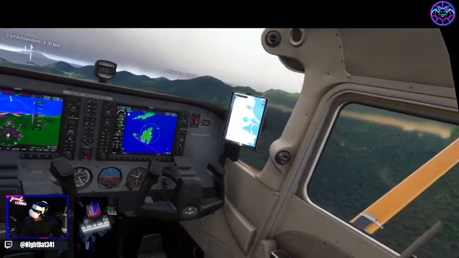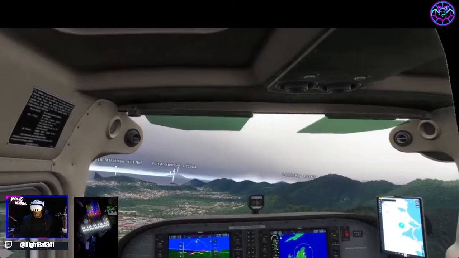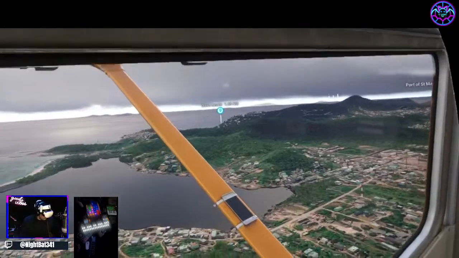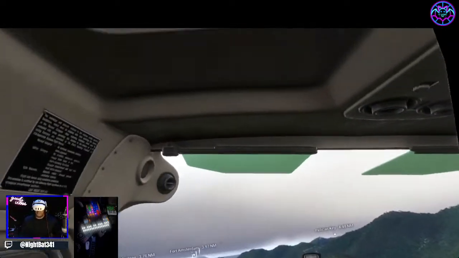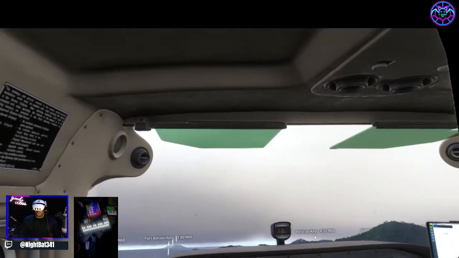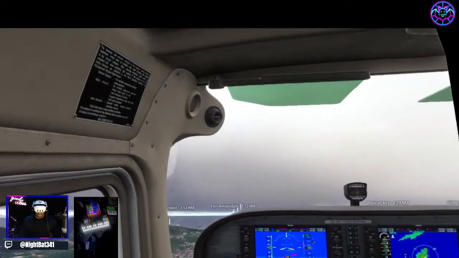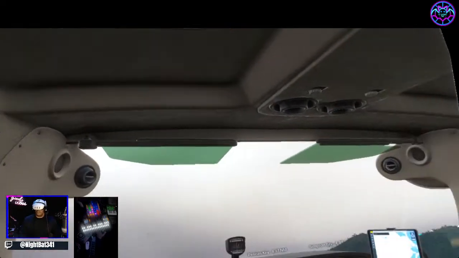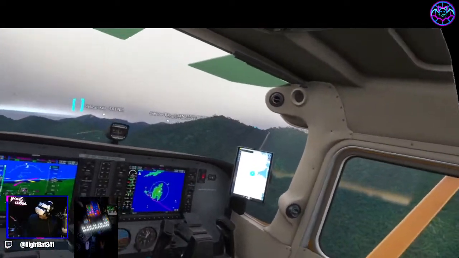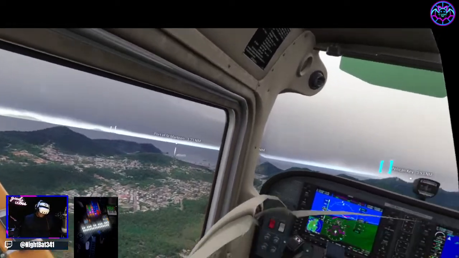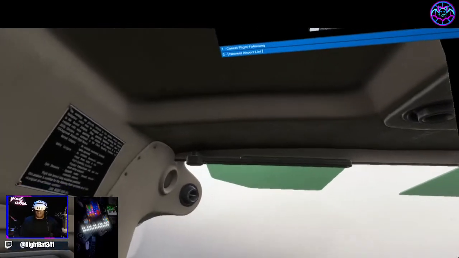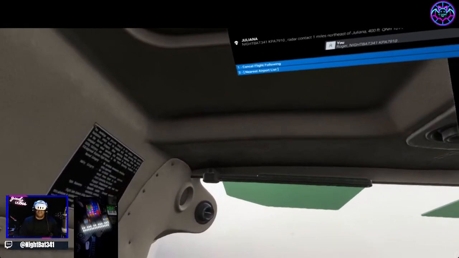I see the path. We gotta go through the mountains. Nightbat 341 Kilo Papa Alpha 7910, radar contact 2 miles southeast of Tango Foxtrot Foxtrot Golf, 800 feet, QNH 1014. Roger. So ATC buttons work. When I get back to St. Bart's, I'll put it down. Descend and maintain 2,000 feet. Actually 3,000. I'm dealing with it because I gotta unmap a bunch